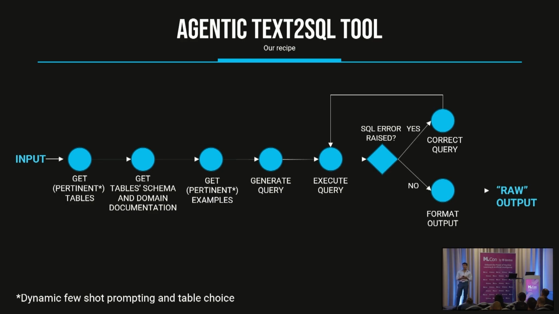And we get the relevant tables providing models with documentation and examples through few-shot prompting. Then, once we are fine with the relevant tables, we get the schema of those tables and some domain documentation. Then we find